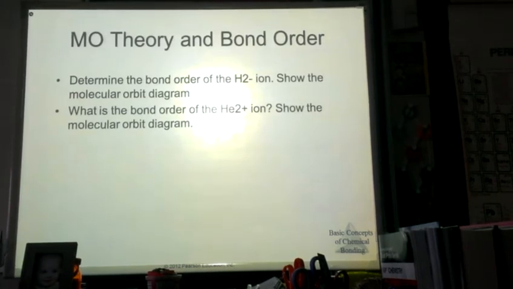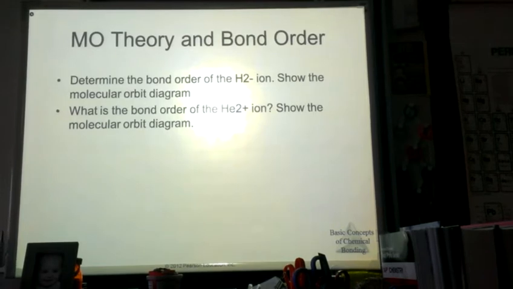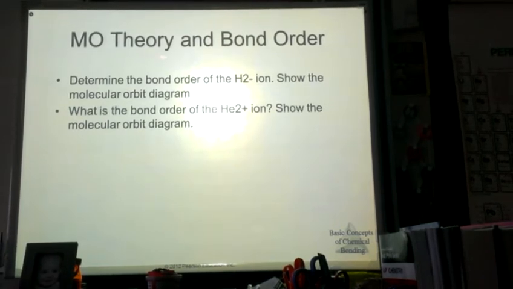Okay, so that 2 should be in a subscript, but the minus charge should be in the superscript. So H2 with a -1 charge. Show what the molecular orbital diagram would look like for that, and also what the bond order would be for that. I want you to do the same thing